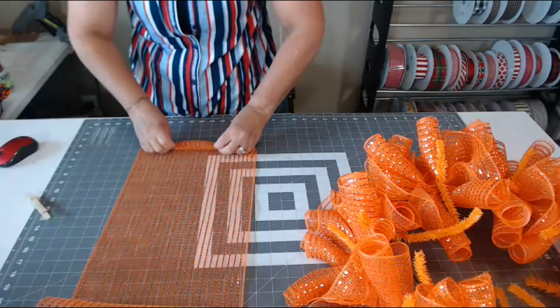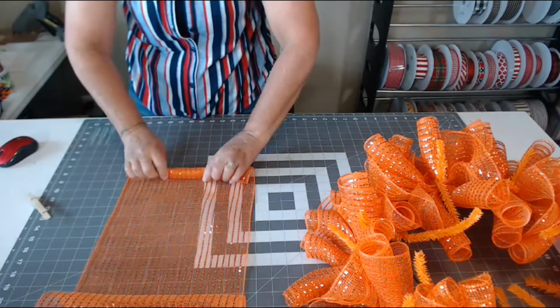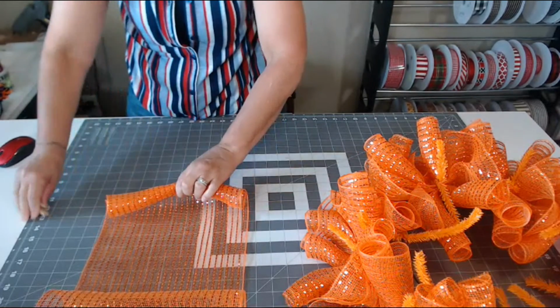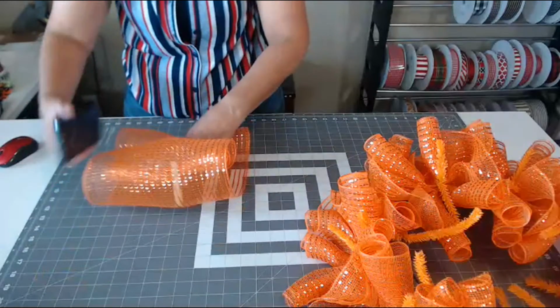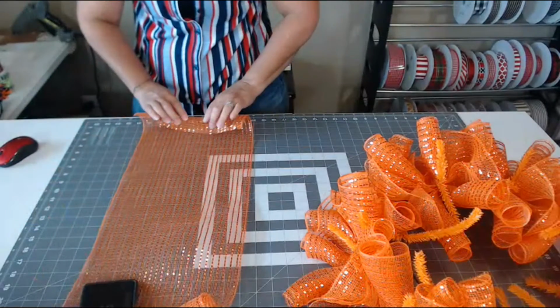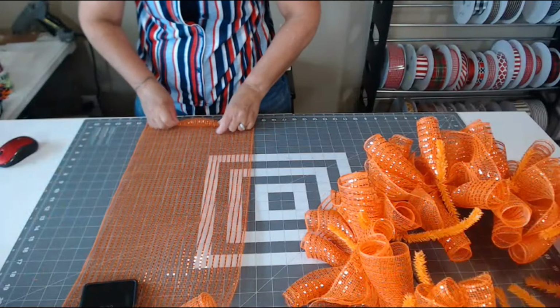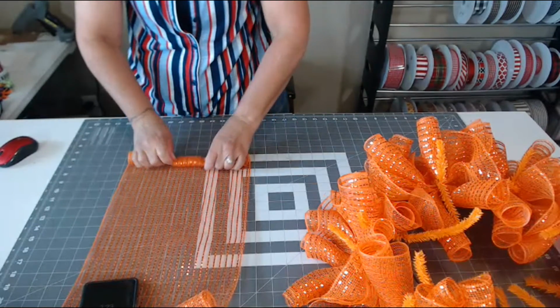Where do you see that at, Carrie? How many people? I don't even know where that's at. I don't know. I'm not even worried about it, guys. As long as you are here, that's all that matters. I don't care how many people are watching. I'm gonna make this wreath if there's only one person watching, no people watching, or